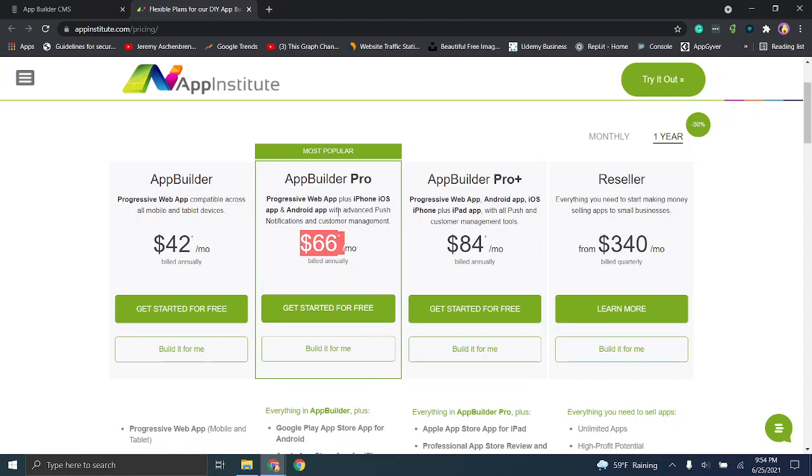But again, for this price, I'd probably still go with AppInstitute, especially because you're going to have to commit to a year first. So if you're going to try this platform out, if they have features you really like, I would recommend going monthly, try out the basics, see if it works for you. Don't jump into a 1-year commitment, because as your application is developing and you're finding out the needs of your users, the application itself is going to change. So you need to make sure that the platform supports it. And I'm by no means saying AppInstitute is the best one out there, but definitely a solid one for you to